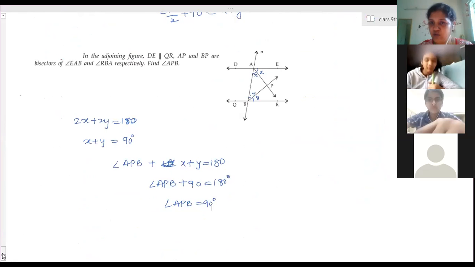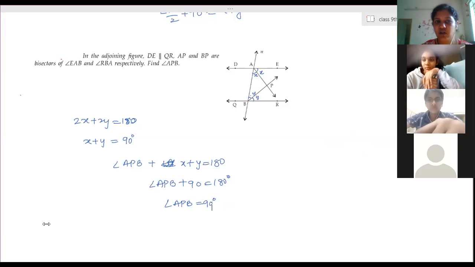Every time you have to draw the figure, mention which angle you have considered, and write it down on the side also. And one more thing for geometry questions: writing given and to prove. For all proving questions, you have to write the given things, what you have to prove, construction if there is any, and proof. So you have to do it properly, stepwise.